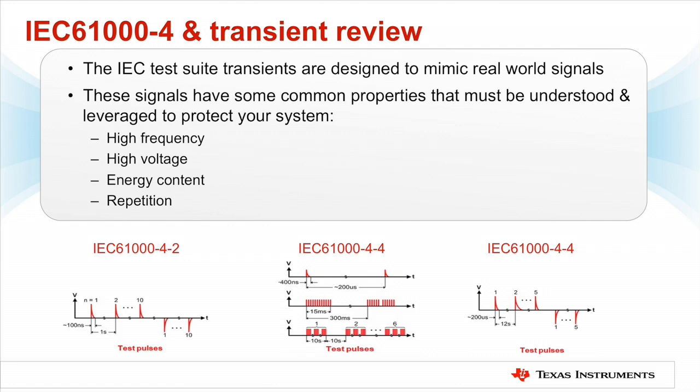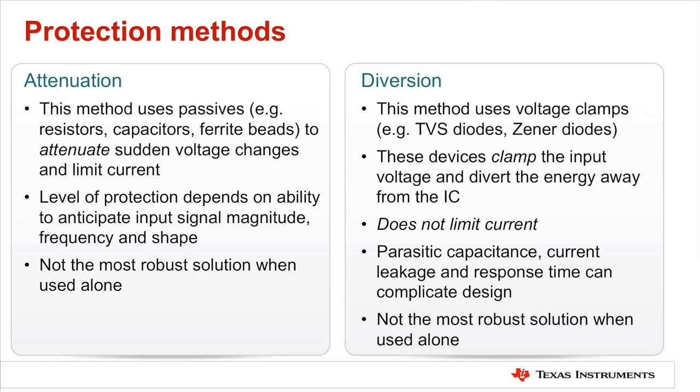IEC tests replicate real-world transient events that are high voltage and high frequency signals with potential for large current. These signals may be repeated, so the circuit must be robust enough to survive multiple strikes without permanent damage. The two basic strategies we'll employ to protect our system are attenuation and diversion. These strategies will take advantage of two properties consistent across all of the IEC 61000 transients: their high-frequency component and